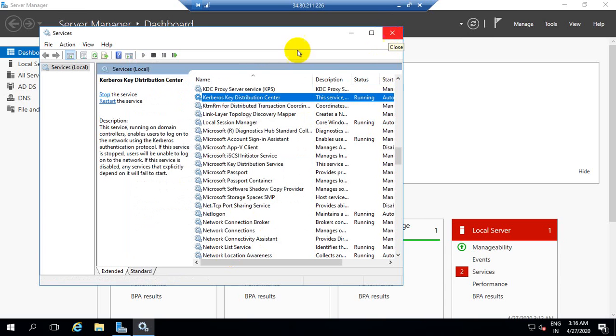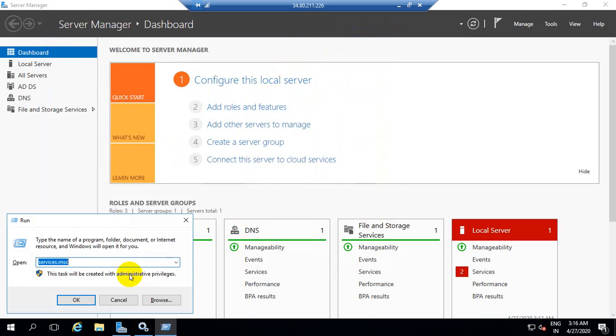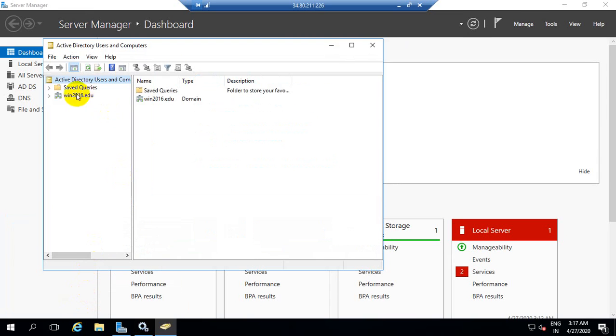These basic services need to be enabled, else we might face challenges to configure the rest of the things in Active Directory, right? So I hope till this you are clear, and a few people have requested to know how to enable or disable the user account, how to give the authentication, how to reset the password. So I'll show you these things.